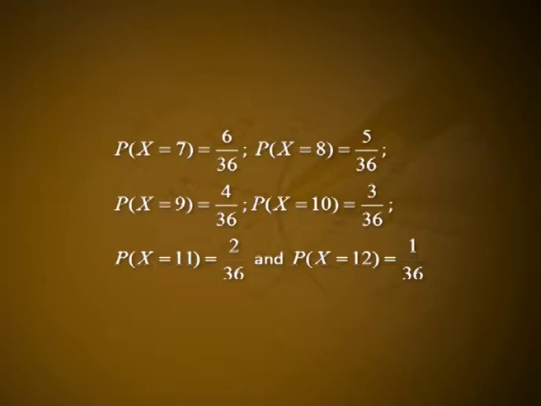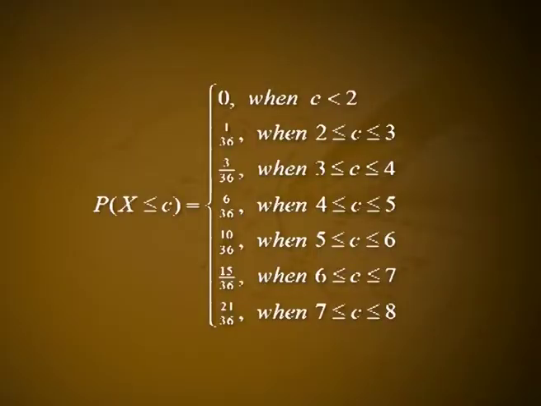Hence, P of X less than or equal to c can be written for X as equal to 0 when c less than 2, 1 by 36 when 2 less than or equal to c less than 3, 3 by 36 when 3 less than or equal to c less than 4, 6 by 36 when 4 less than or equal to c less than 5, 10 by 36 when 5 less than or equal to c less than 6, 15 divided by 36 when 6 less than or equal to c less than 7,